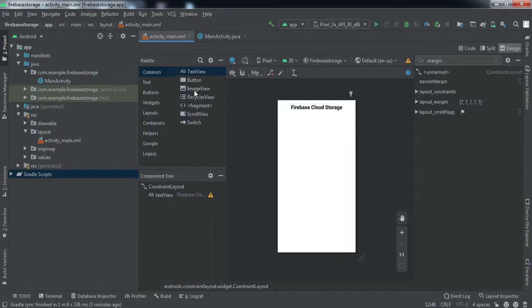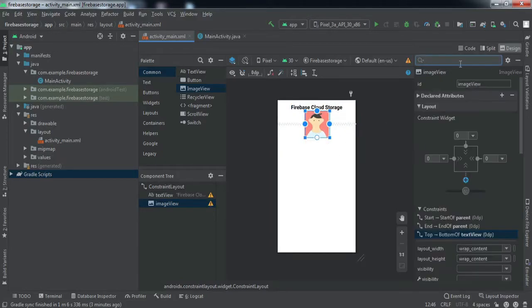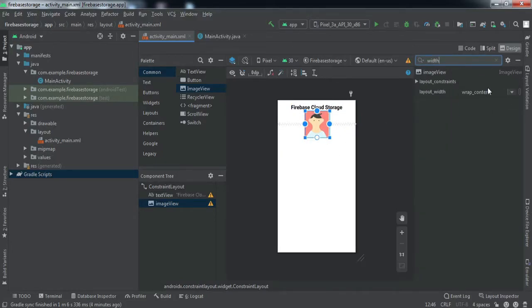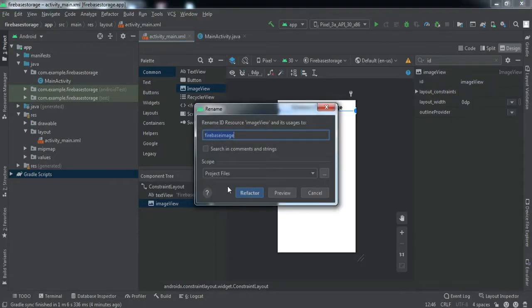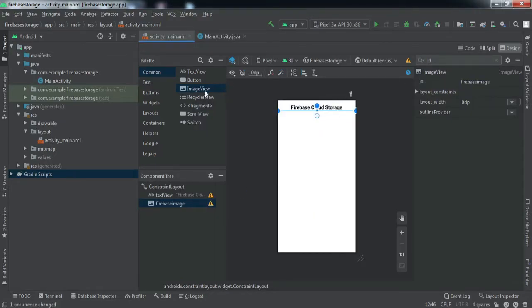So now we're gonna import an image view. So now we're gonna import two buttons.